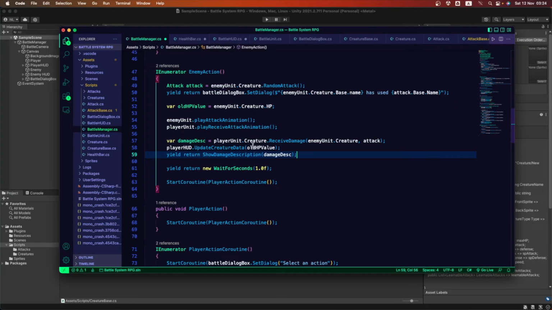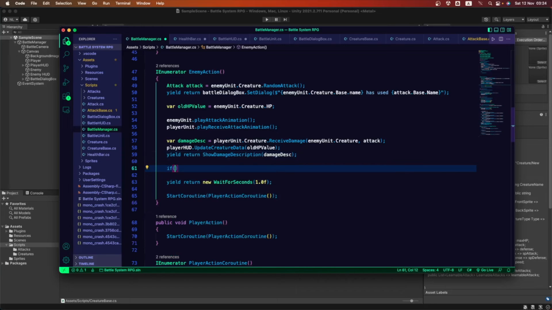Remember, this is the one that we're gonna be assigning here. Now, before going back into our player, we want to know if we have been killed by that enemy. This is where we're gonna know if we are dead.